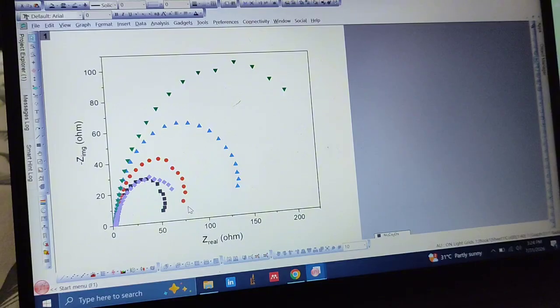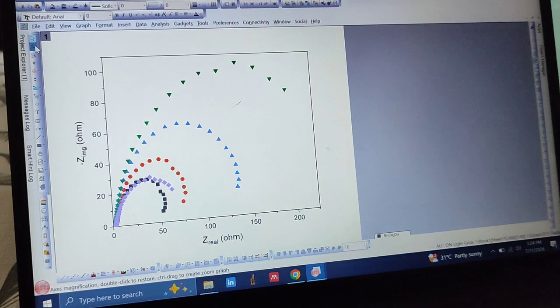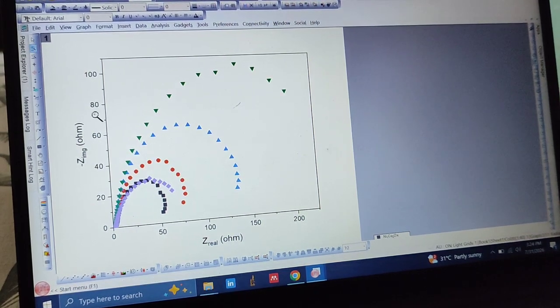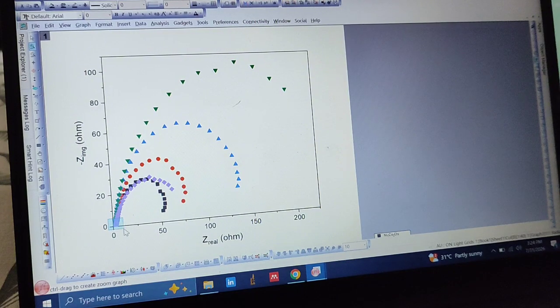Now for IR correction we need the solution resistance, that is the Rs value. This value is obtained from the EIS data of the same sample. Open your HER EIS, as this is my HER LSV data. As you can see, the starting point is the high frequency region where it gives us the solution resistance,